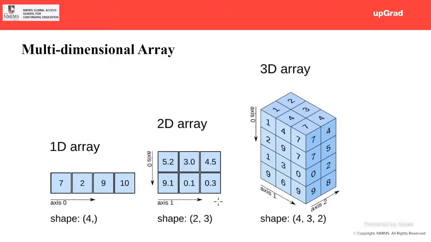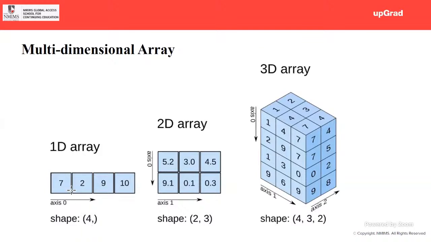Now let's come to the shape. When I talk about shape, the number of data points here is 4. So for a 1D array, it is just my number of data points. Shape is represented in the form of a tuple, and a tuple is your number in parentheses.